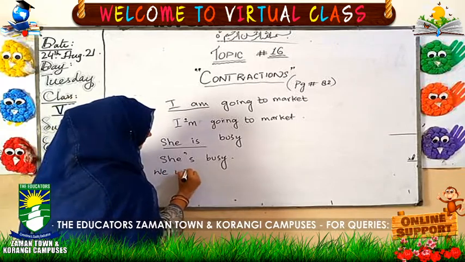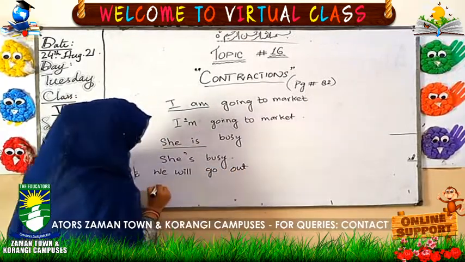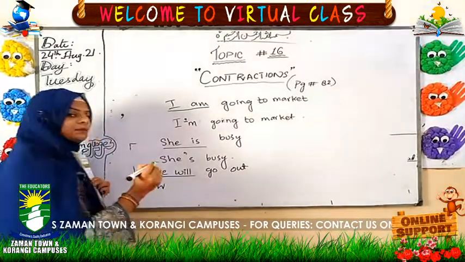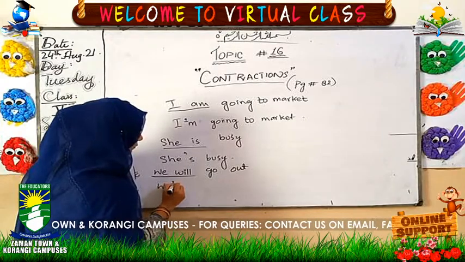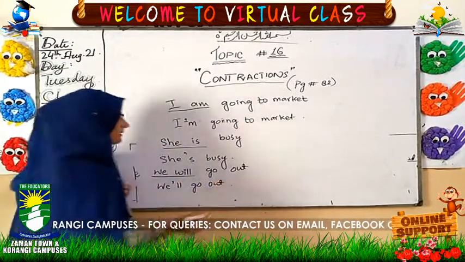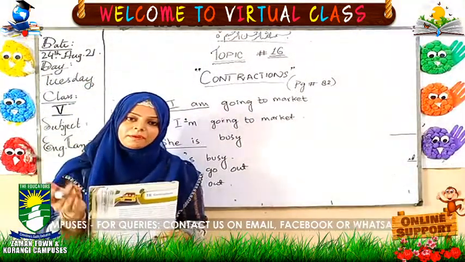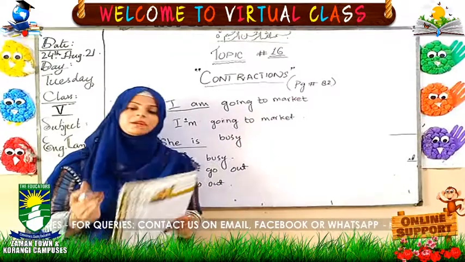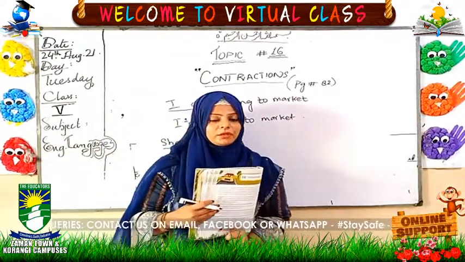We will go out. What will we become? What is the contracted form of we will? We'll go out. Okay, it's too easy to convert the usual form into contracted form. Once you understand how to change it, it will be easier for you to convert it into a contracted